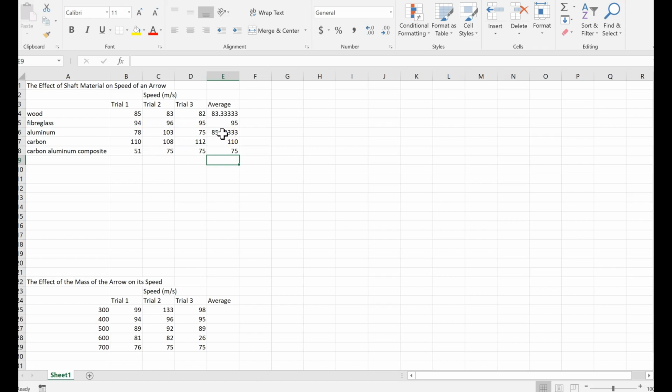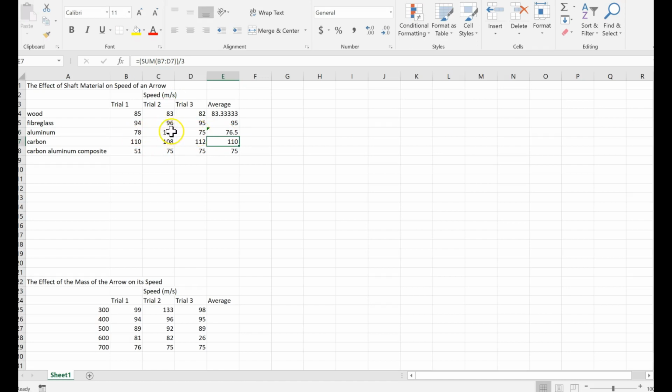I can also here choose to change things up. So maybe I don't want the sum of all 3 of these. I just want the sum of these 2. And then because it's only 2 values, I'll divide it by 2. And there we go. And so now I get an average that seems to fit the data a little bit